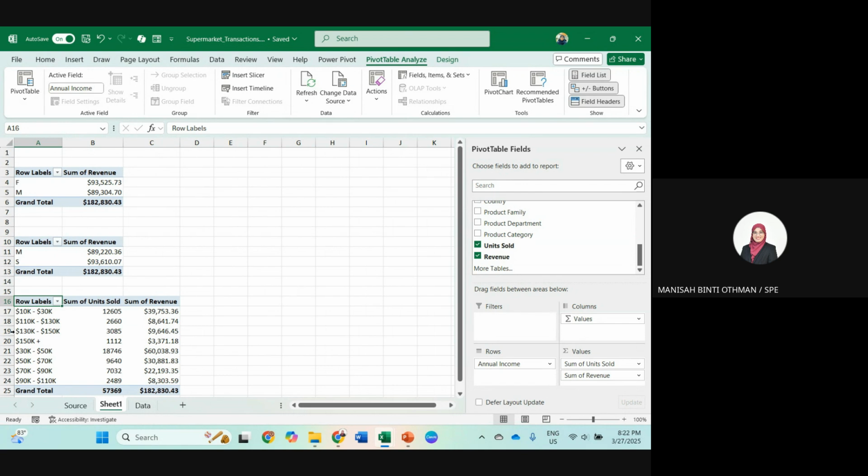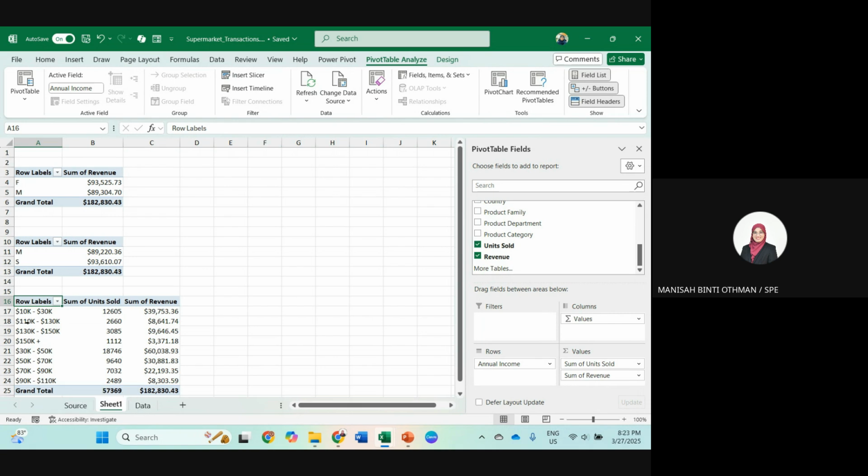This is income, but you can see the arrangement in income is not based on the sequence. It's just starting from 1, then 3, 5. It's actually that 110k should be under 90k, isn't it?